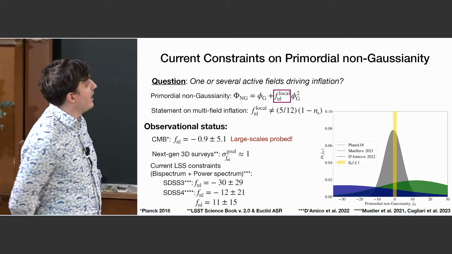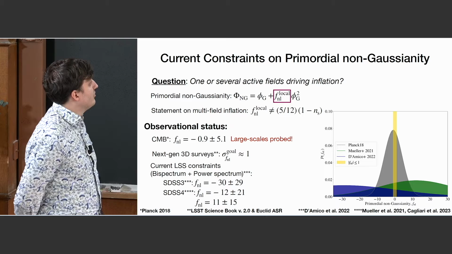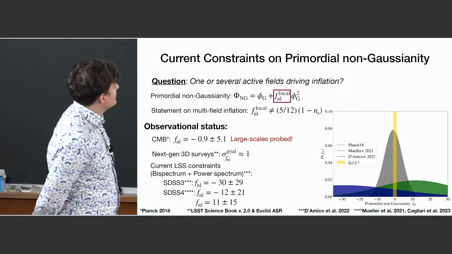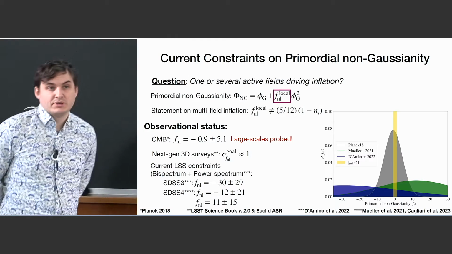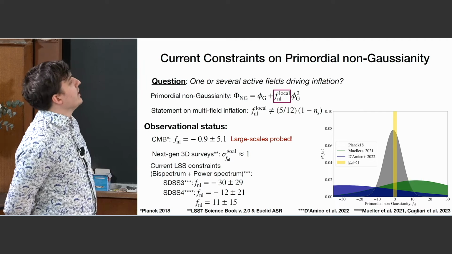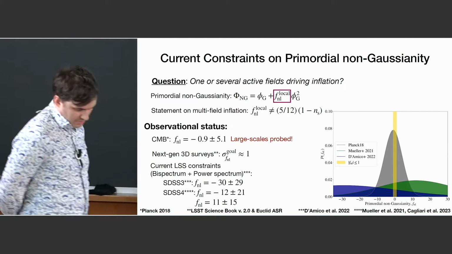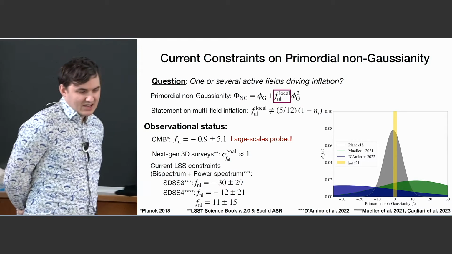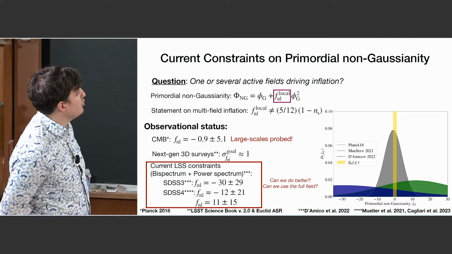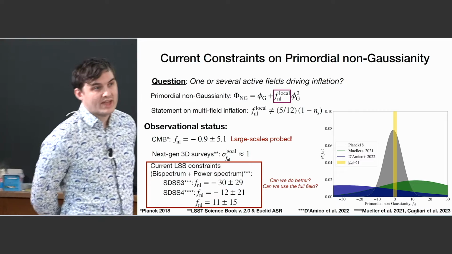So we're still far out with these data sets, and hence we need the next generation of galaxy surveys. However, note one thing: we're basing these measurements on bispectrum and power spectrum estimates. Basically, we're using summary statistics to constrain primordial non-Gaussianity. The question I'm also trying to answer in this talk is the question that Adrian Bayer mentioned yesterday: can we do better? Can we go beyond using summary statistics? Can we use the full field instead of relying on summary